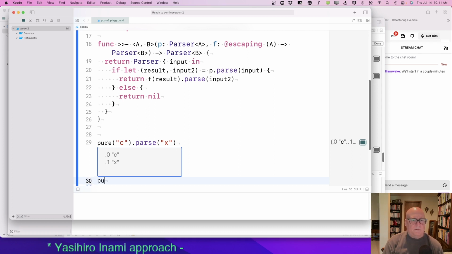Let's do pure C. Pure 9. Dash pipe 2, or what do you call this? Bind. Apply the function to the result and parse the rest.